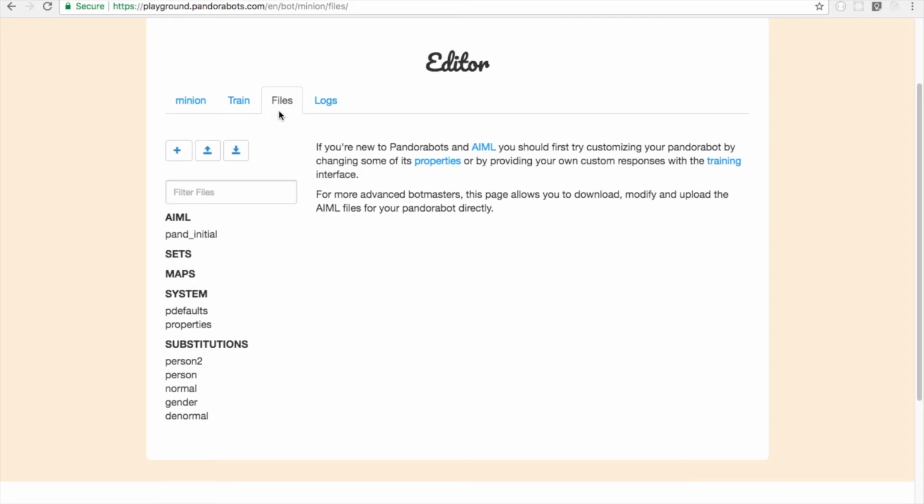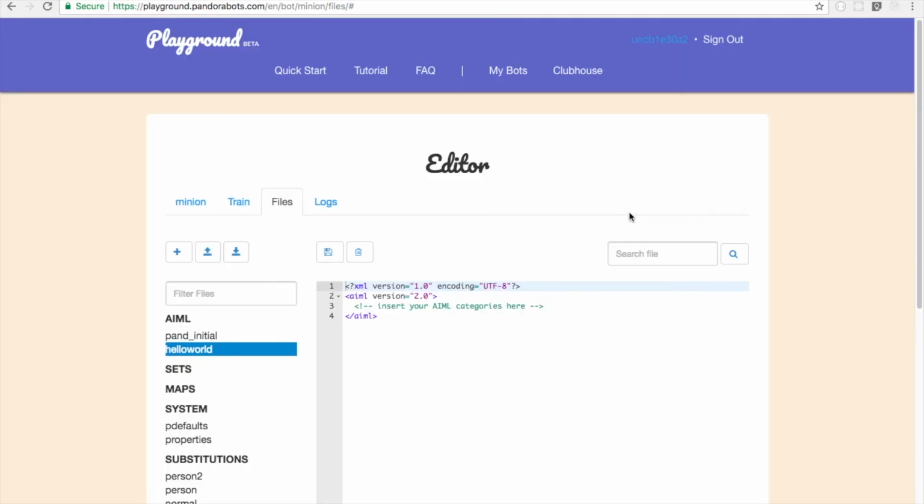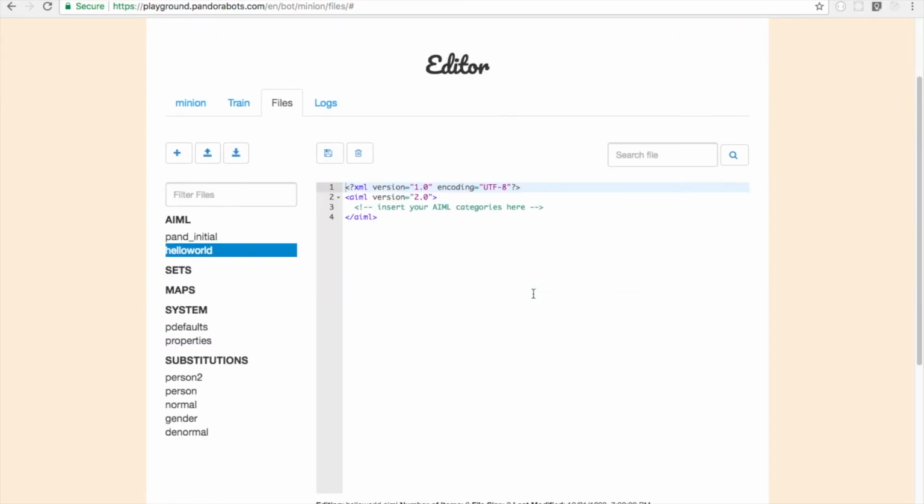That's because we have not defined any pattern related to this input. So let's go into the files and create one. Let's start with hello world as my file name, and it should always be hello world.aiml. That's why my type is AIML. Create file. Nice. As I said before, it is always based on XML, and the code should always be inside our AIML tag. So let's begin with our category. Nice. The category is the unit of knowledge.